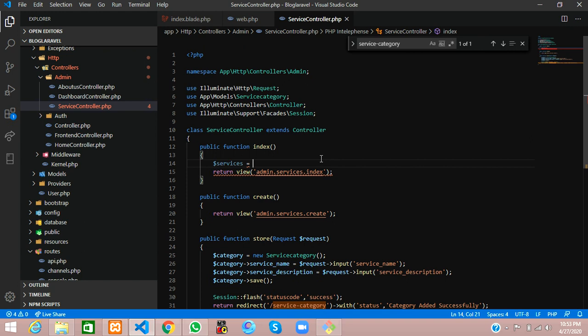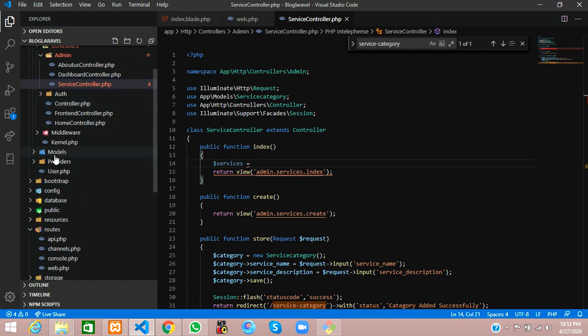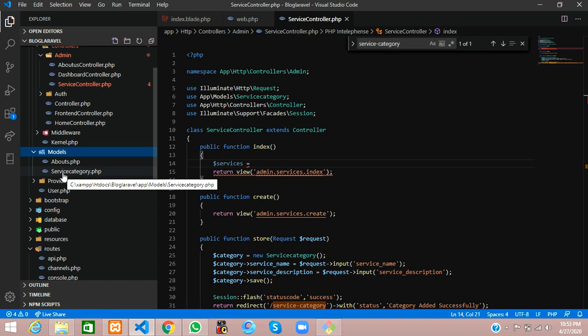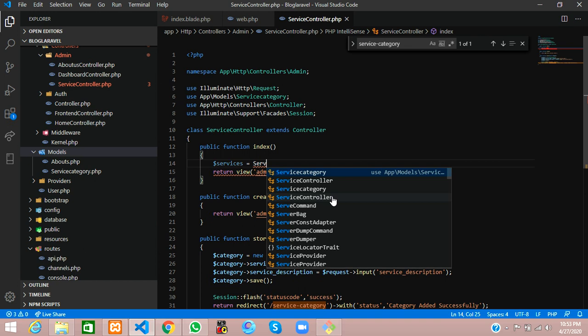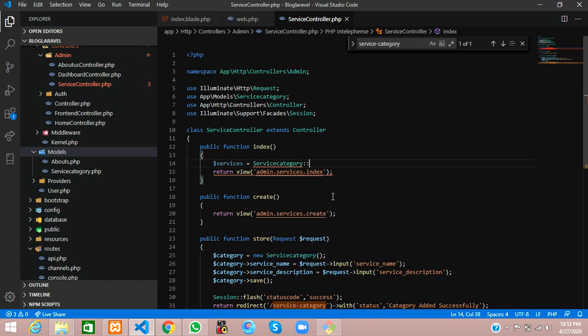That model is the ServiceCategory model, which we created in the previous video. Inside the Models folder we have the ServiceCategory model. Let's type that model name, ServiceCategory, and fetch all the data from it using the all function.